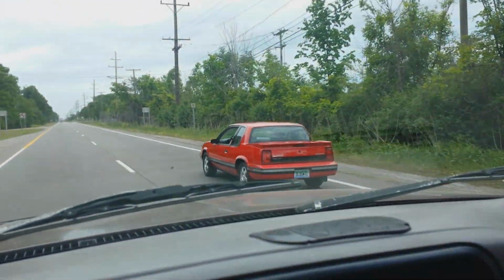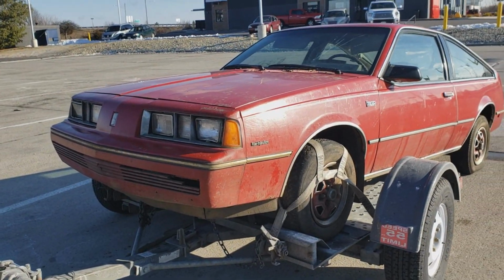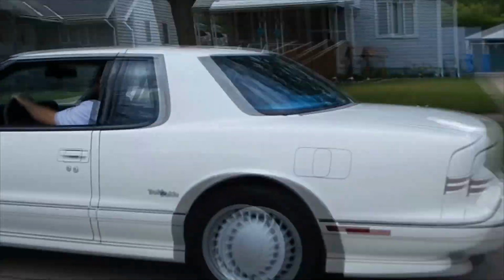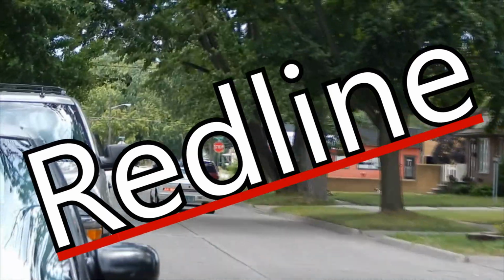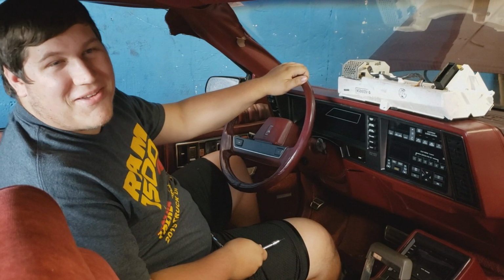Oldsmobile. There is a special feeling at Oldsmobile. More than the luxury ride, it's a feeling of pride that you feel inside. Well, welcome to the Oldsmobile